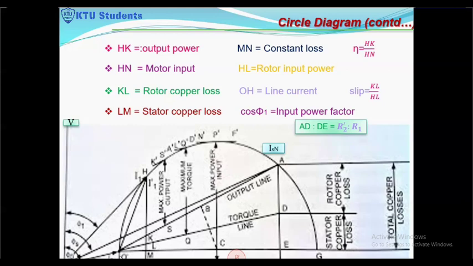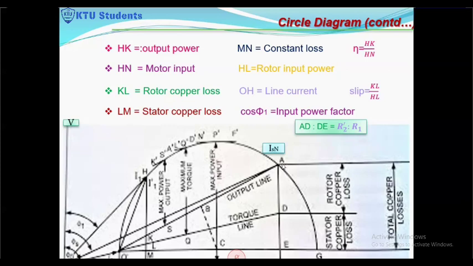Okay. Then what you have to do is draw the ISN line. ISN you will obtain from the blocked rotor test. At the short circuit power factor angle, you can take the phi SC angle from the voltage, lagging, and you can take the ISN and, at an appropriate current scale, draw the ISN also. And if you join the tip of the I0, the no load current from the no load test, and the tip of the ISN from the blocked rotor test, you will get one line. You can join O dash and A, and you will get the output line.